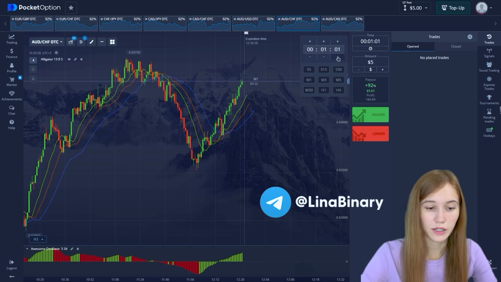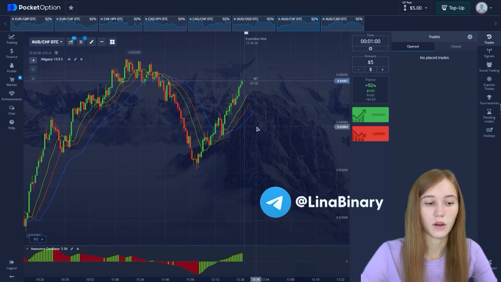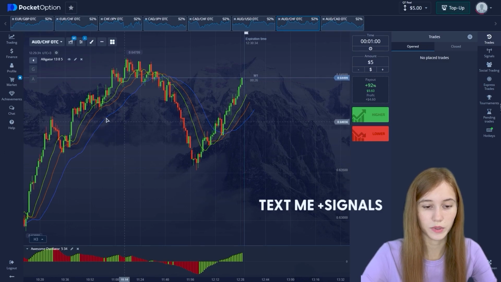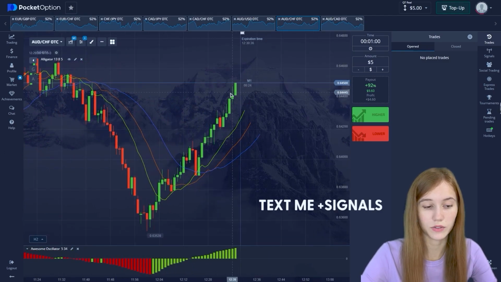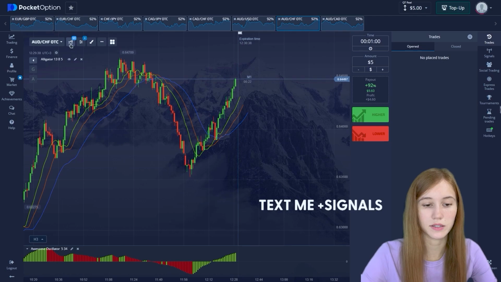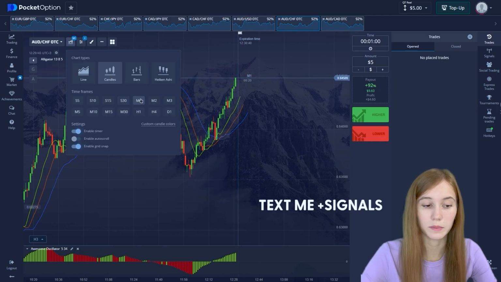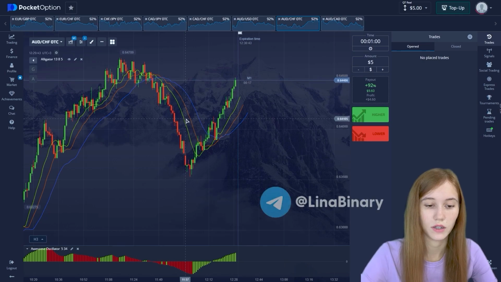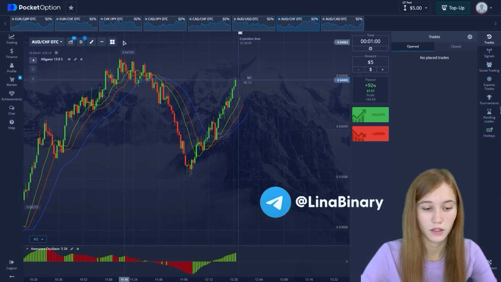After this, we select the time of the deal on which we will trade. I choose one minute, and one minute will correspond to exactly one trade, after which we select the time frame. We also select the minute time frame for what we will trade on. For me, these are located at the top of the screen. You see